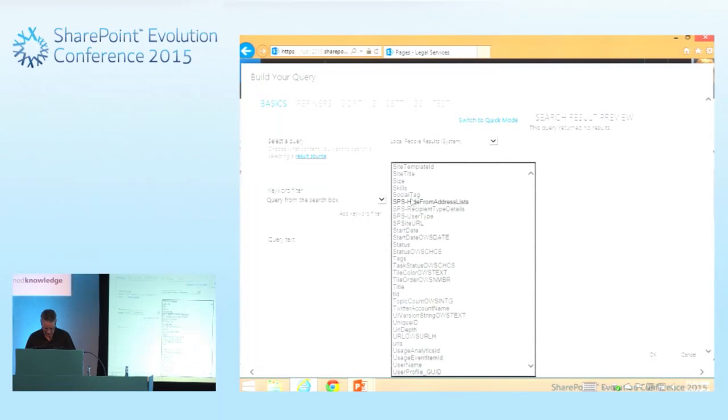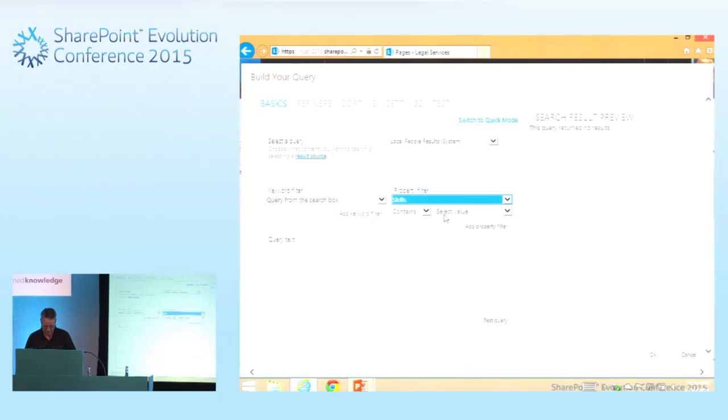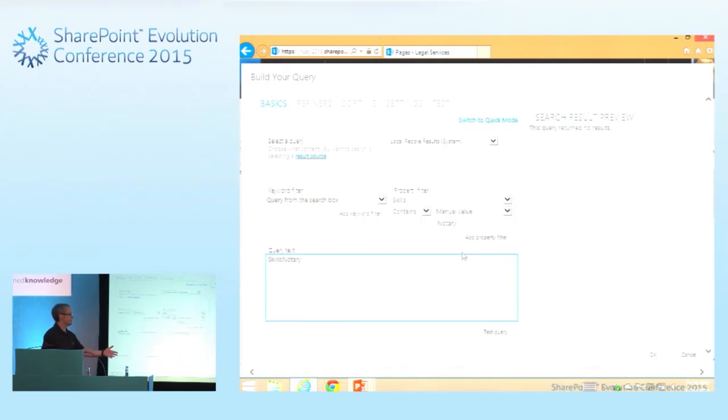The skills contains a manual value of notary. So you've heard of companies that want to do a directory by department. Then department equals whatever the department is. Super easy to do. You could even do little tabs that fed the query string with the different department names,